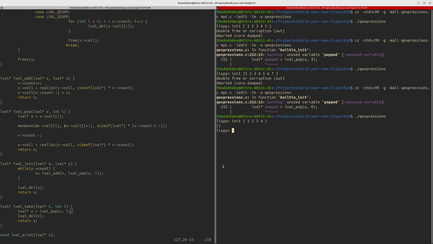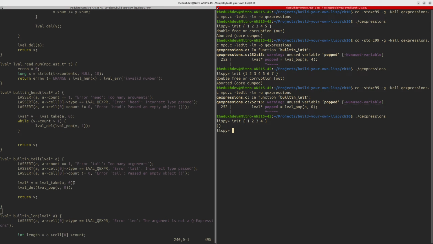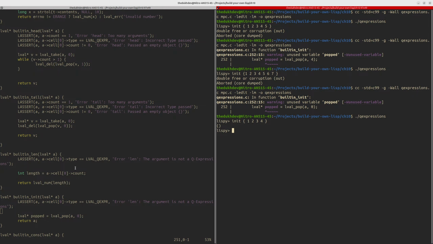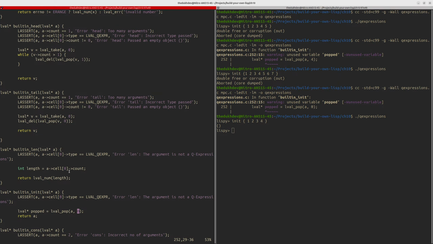It's really simple, but for some reason it doesn't work. Ah, I know why it doesn't work. So it doesn't work because